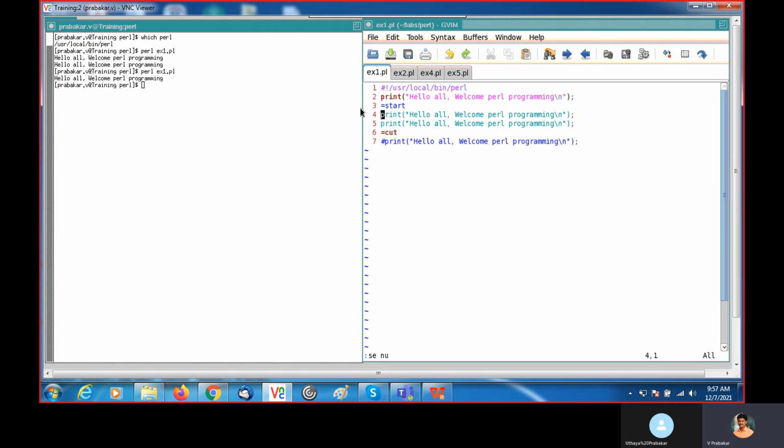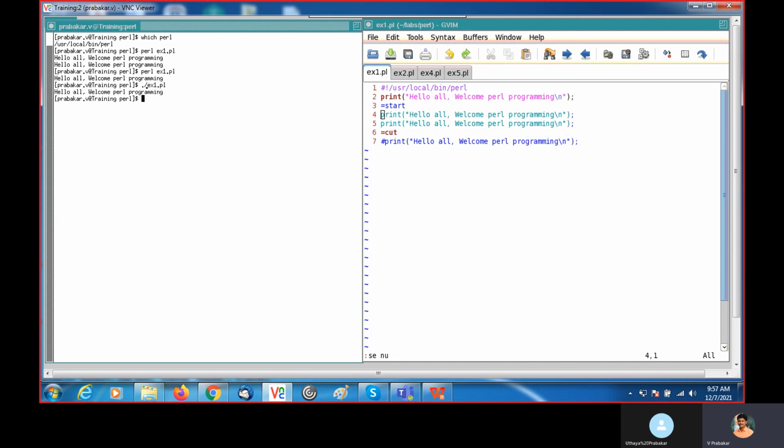Now this is the one way: perl file name, and it will get executed. Another way, you can use ./ file name, ./example1.pl. Okay, this is another way to run.